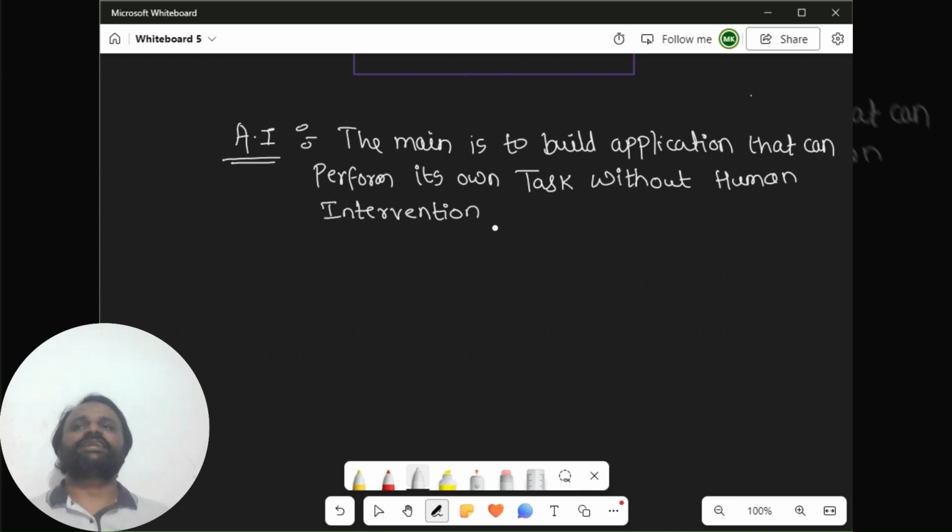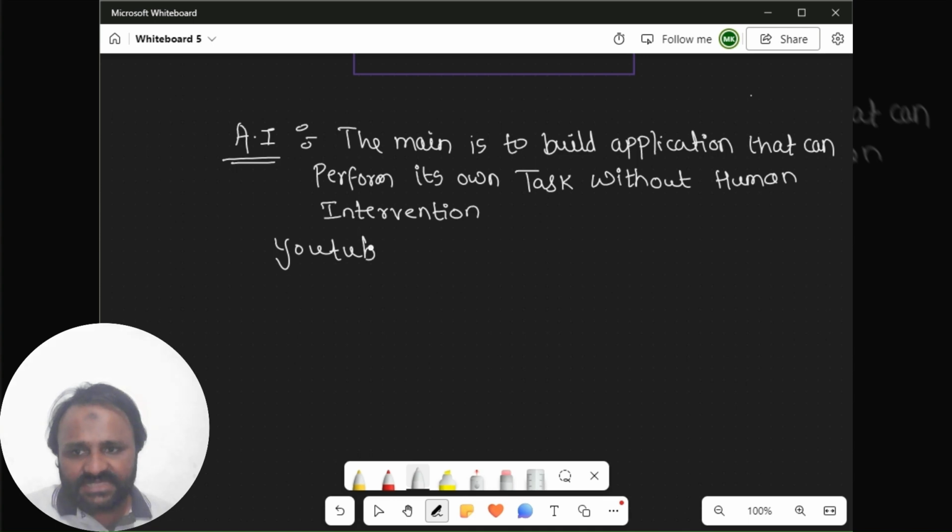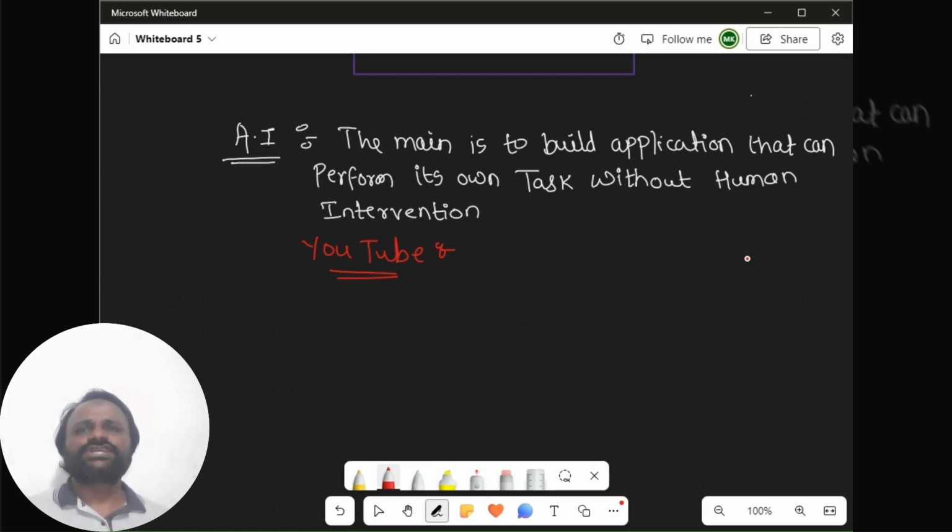So that I can say is an AI. The best example of AI, you might be aware of or might be using, is YouTube. YouTube is one of the best examples, and there are a lot of examples. Netflix is also available, so I can write about it with the example of YouTube. Everyone might be aware of this. So how is the AI application there?